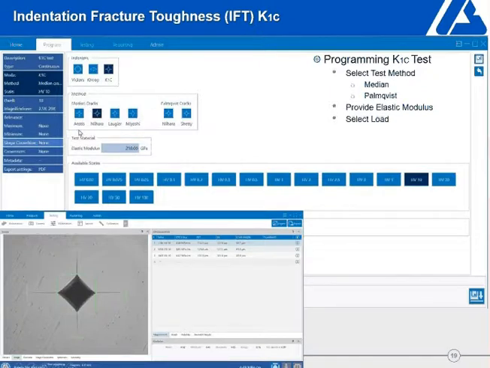So that can be either Anstis, Niihara, Laugier, or Miyoshi. And when you're working with palmqvist-based, you can take Niihara or Shetty, put in the elastic modulus, which for most materials is commonly known, and your test load that you've used, which ensured you got the right C over A ratio. Automatically, once you do the test, you get your test output data, which gives you the measured Vickers value at 10 kilos, your corresponding KIC value, and you've got the D1, D2, which is the diagonal length for that impression,